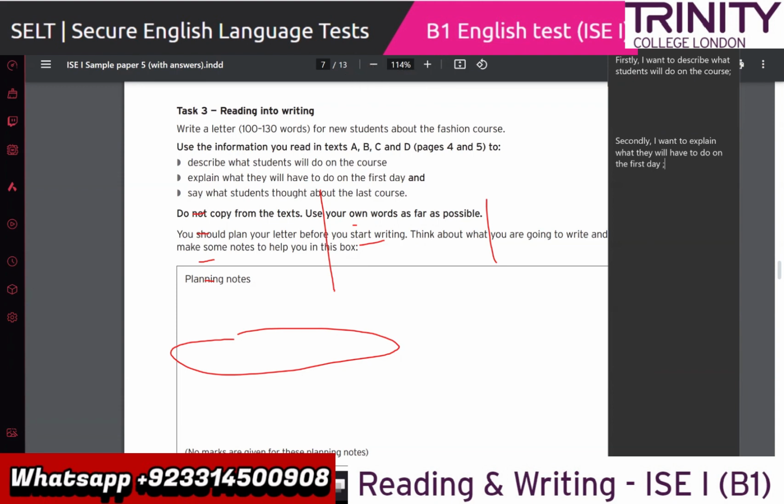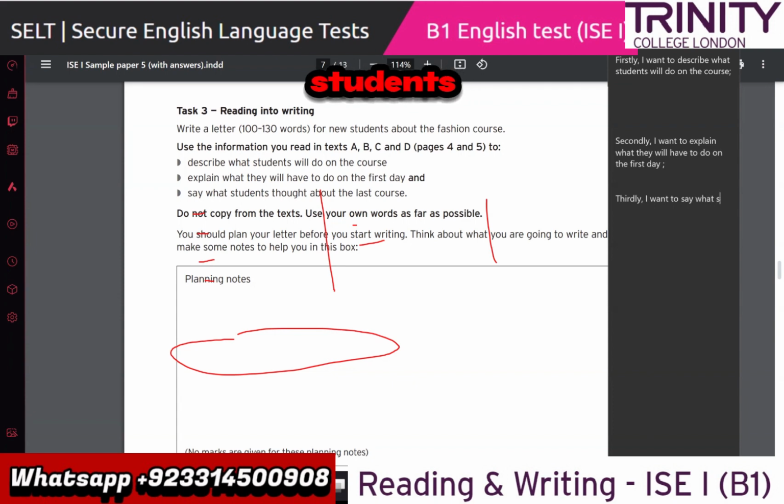Okay. Then say what students thought about. And lastly, or finally, or thirdly, it's your choice what word you want to choose. Girish, you do not know the spelling of finally, okay? You just write it with a single L, write it with a double L. Or if you don't want to use that, just go with thirdly. Thirdly, I want to say,